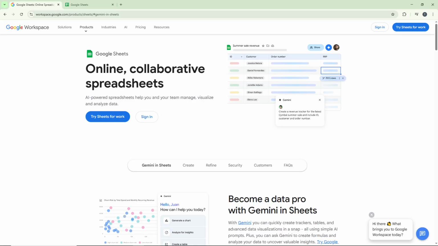Today I'm going to show you how to change the number of decimal places in Google Sheets. This is incredibly useful when you're working with financial data, percentages, or any calculations where you need precise control over how your numbers are displayed. Let's jump right in. First, you'll need to navigate to